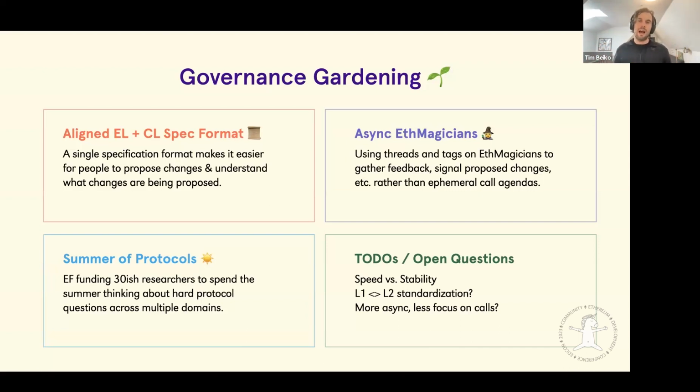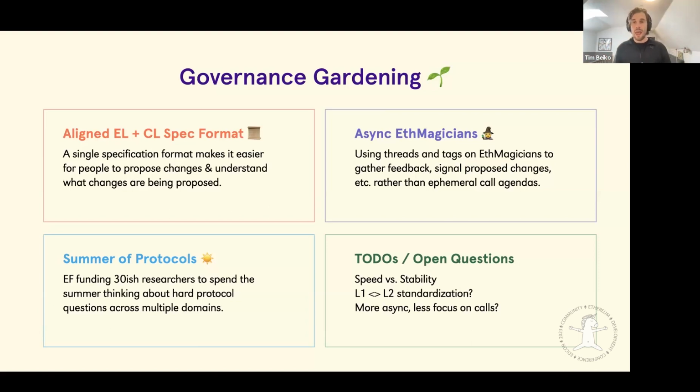I think similarly, we have this big focus on L2s on Ethereum. This is the way we see ourselves scaling the protocol. So what should it look like for L2s to standardize? Should they try to come to L1, or through L1 governance, for some of that process? If so, which parts? What does that look like? And is there a trade-off? If there's too much standardization, then it's kind of useless to have many L2s. You want a diversity of approaches, but are there some things that are worth unifying, or potentially even enshrining in L1?